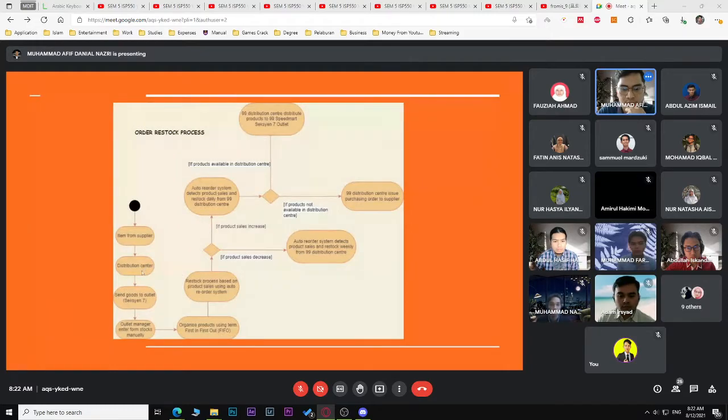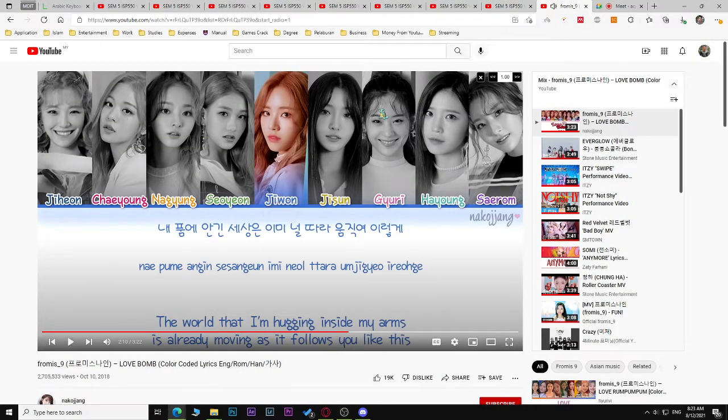And then they will send the goods to the selected outlet, which in our case is the Section 7 99 Speedmart. And then after the goods arrive at the outlet, the outlet manager will enter the stocks into the form manually,